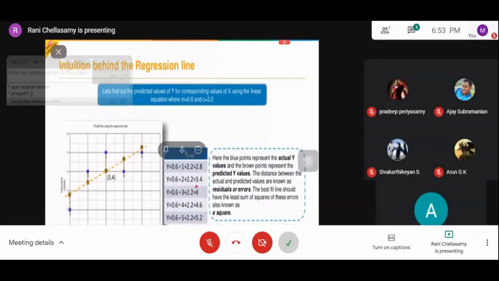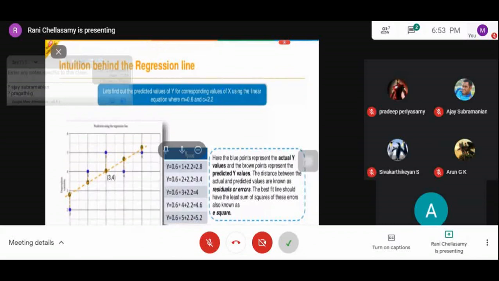Okay, so now the distance between the actual y value and the predicted y value we call an error. The other name for errors is residuals. Okay, the best fit line should have the least sum of squares of these errors,